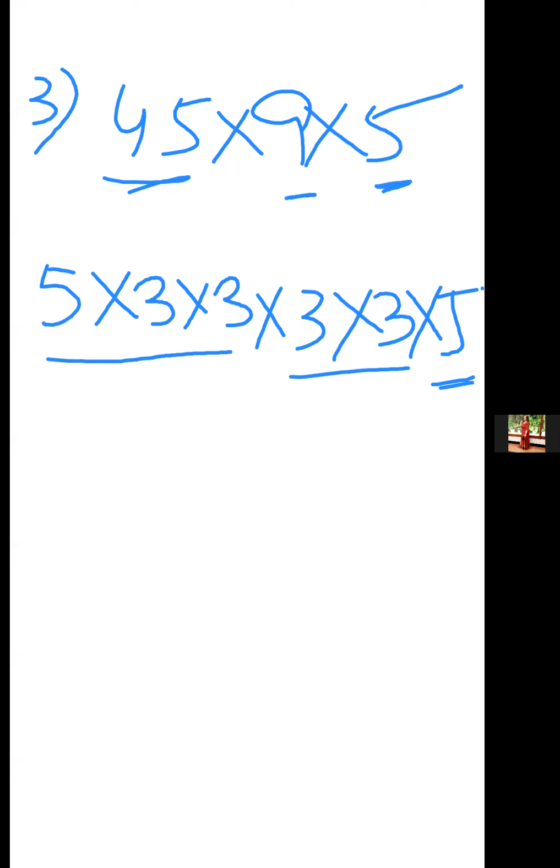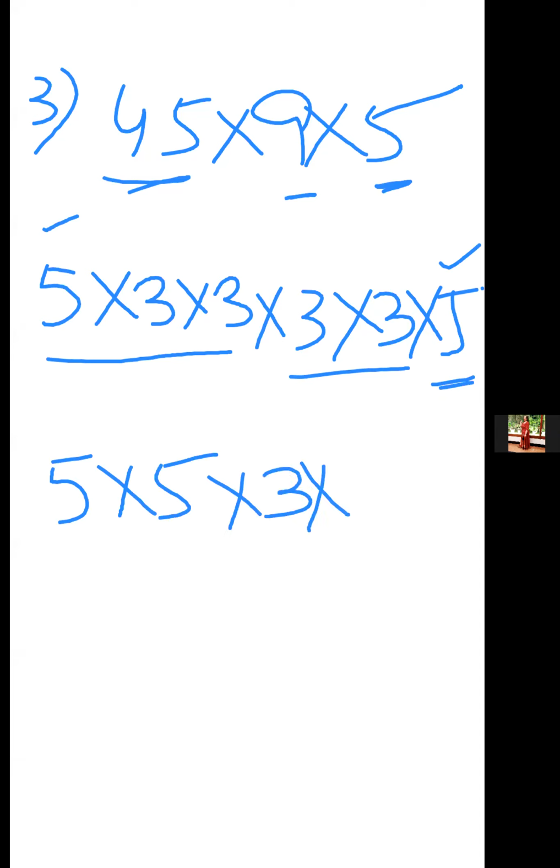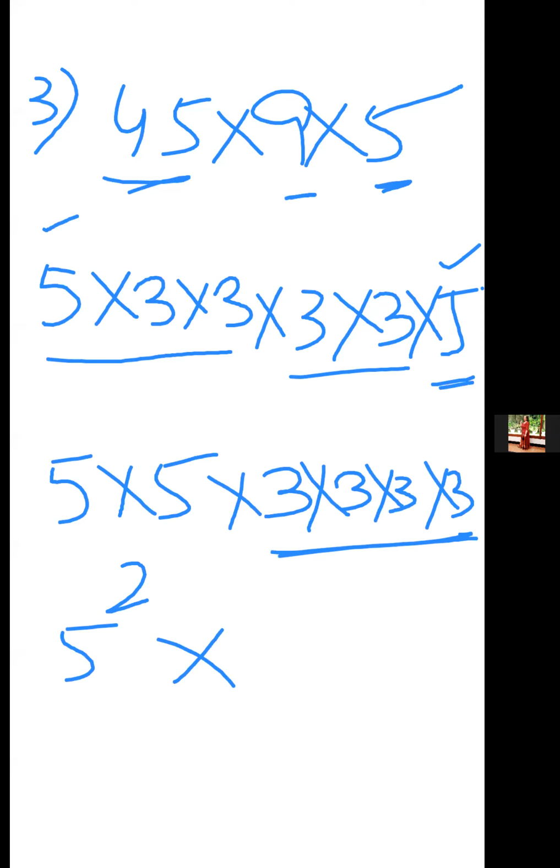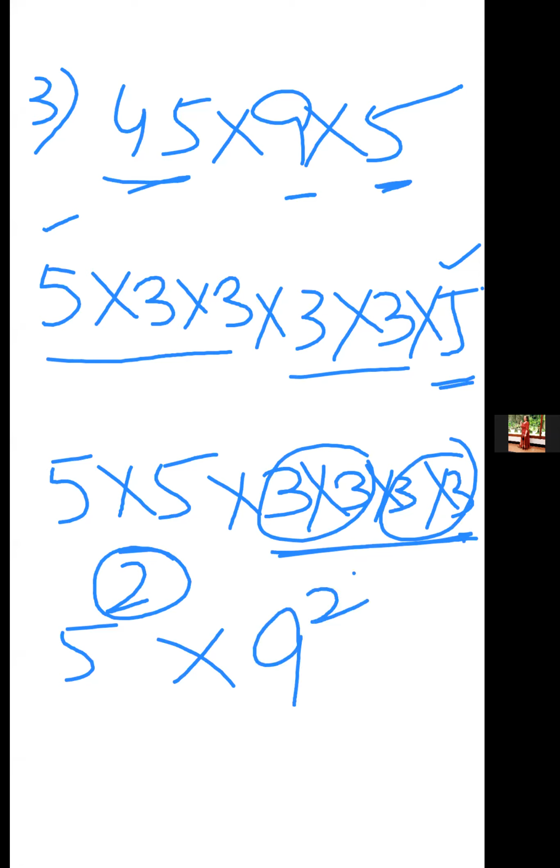Okay. Now see the common number. 5 comes 2 times and 3 comes 4 times. तो 5 हमारे पास 2 बार आया है और 3 4 times. Clear? अब अगर आप लिखो तो 5 को 2 लिखो. अब हमें तो 3 को भी 2 बार लिखना है, बट 4 को आपने 2 में चेंज करना, बिकॉज मेरी पावर क्या है 2. तो मुझे 3 को भी 2 में लिखना है. कैसे लिखोगे? इन दोनों का एक पेयर बना दो, इन दोनों का एक पेयर बना दो. 3 3 जा 9, 3 3 जा 9. सो 9 रेज टू पावर 2 लिख दूंगी मैं.